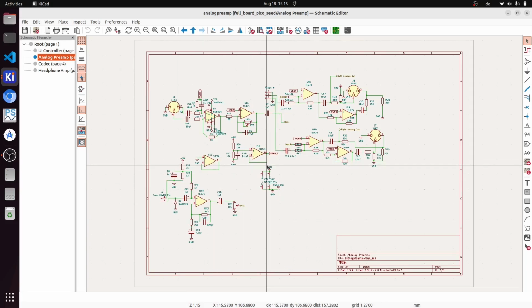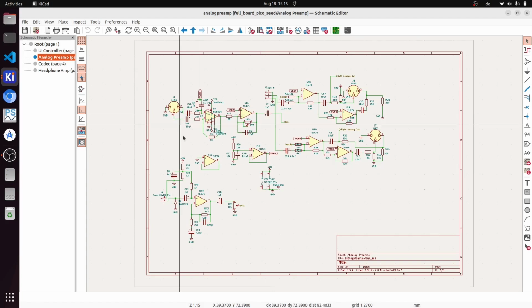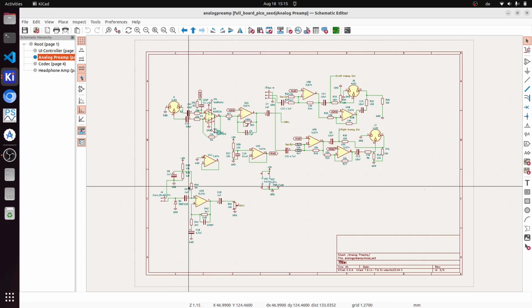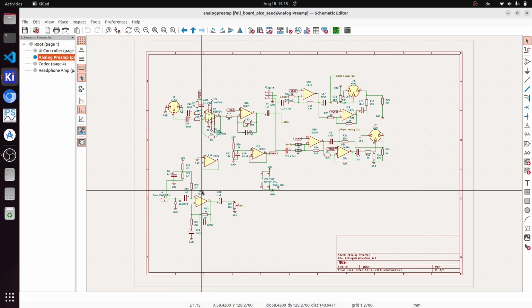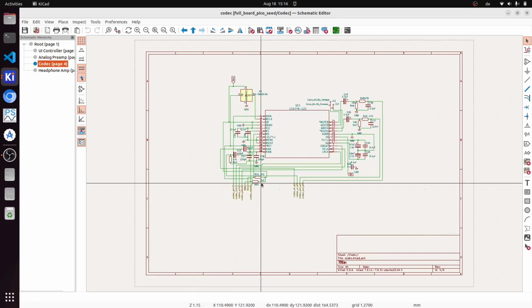This is really, I thought, a good idea, to really split the HiSet part from the rest, not to introduce any noise over the virtual ground. Then let's move on to the codec. This is the